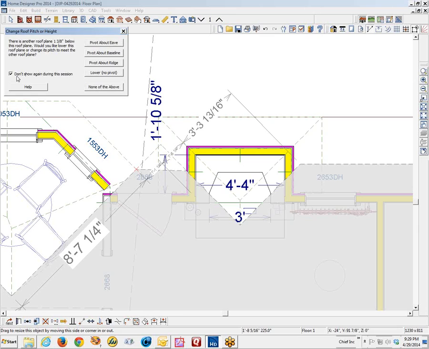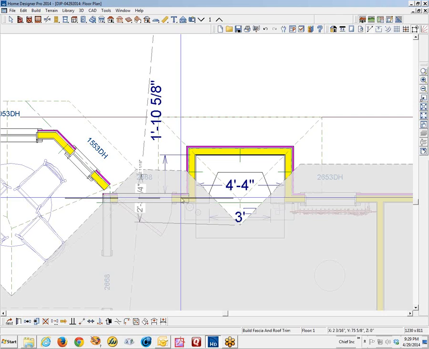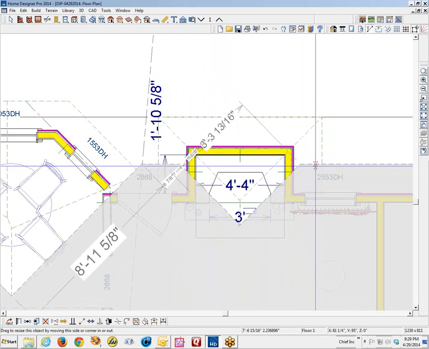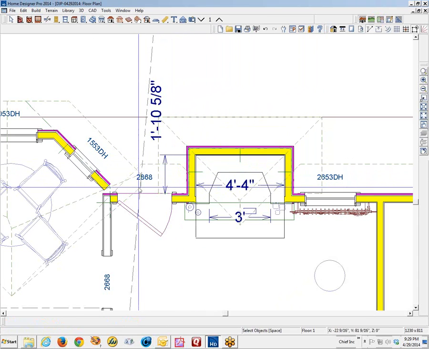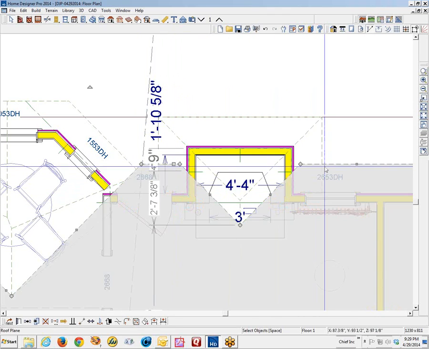I never use this dialogue. I always say don't show again during this session and no thank you, because the software is just a mechanical device and it doesn't really know anything. It's always kind of like a dog trying to help you, but it's rarely ever right because it's not smart enough to be right. Okay, so I just lined this edge up with this edge,